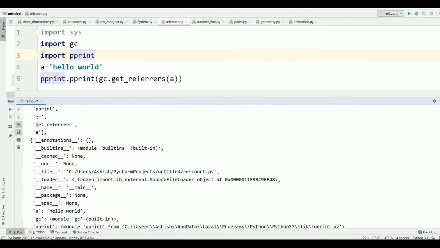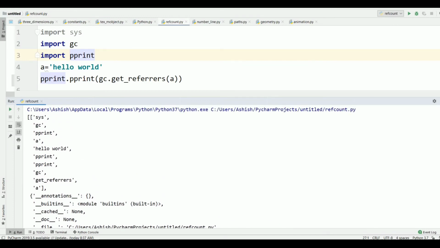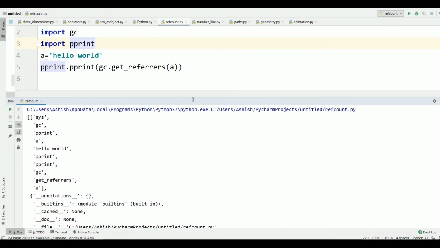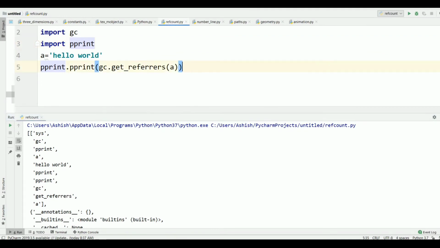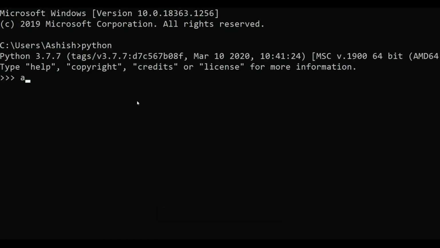To overcome this, let's see something. Here we see a is our variable and it appears 2 times in the string list, that is the list containing all strings. Now in Python, a equal to hello world. Now import gc, the garbage collector, and import pprint.